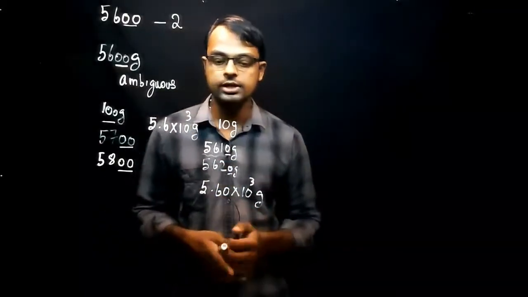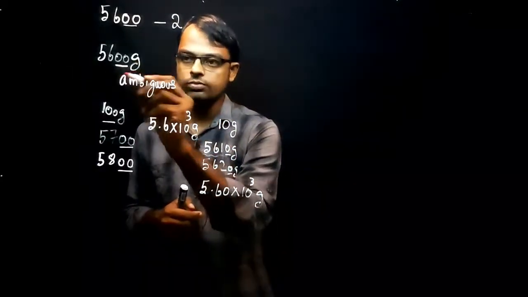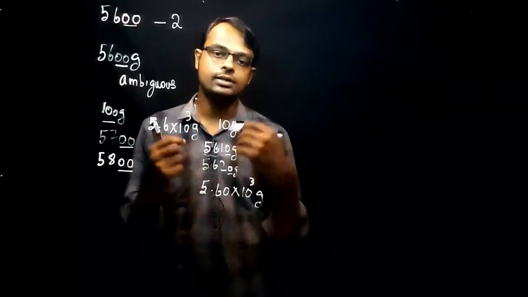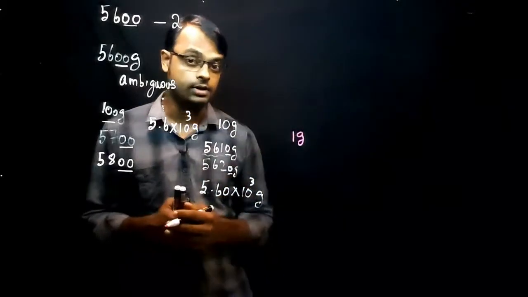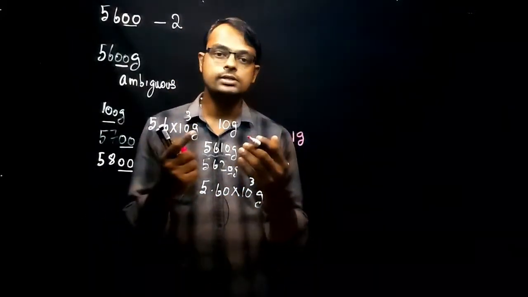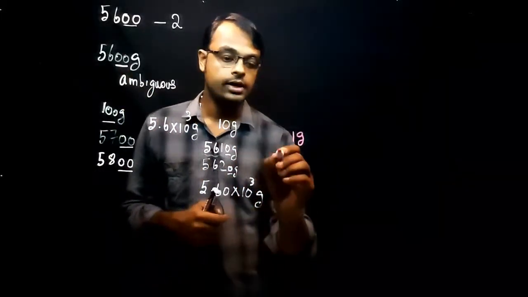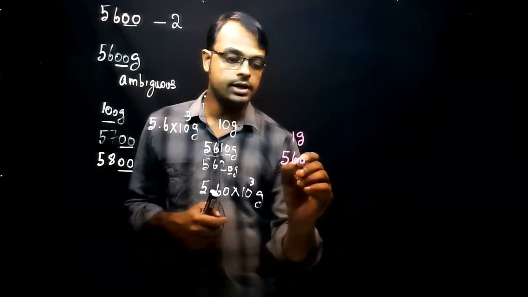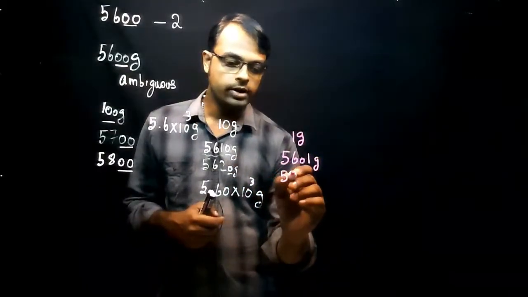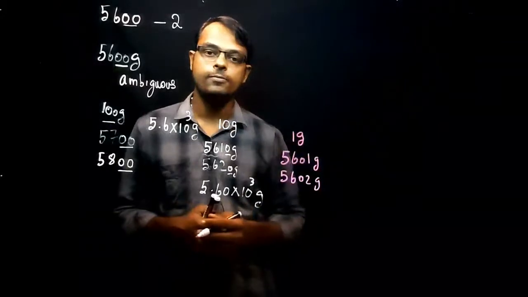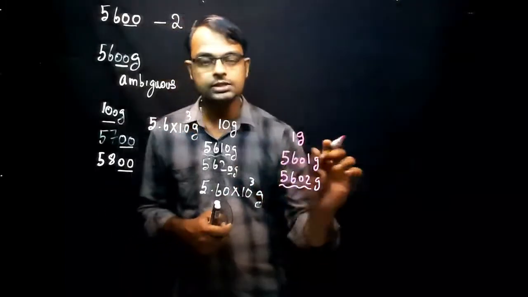One more simple example we can explain here. Just imagine another person is measuring the same mass of the object using another instrument having a least count equal to 1 gram. So the least count is very small. What is the next possible reading after 5600 using that instrument? He can measure 5601 gram, and the next value will be 5602 gram, etc. That means all these digits are significant.